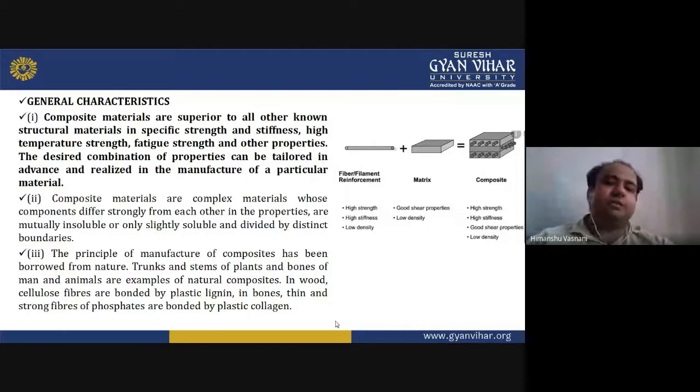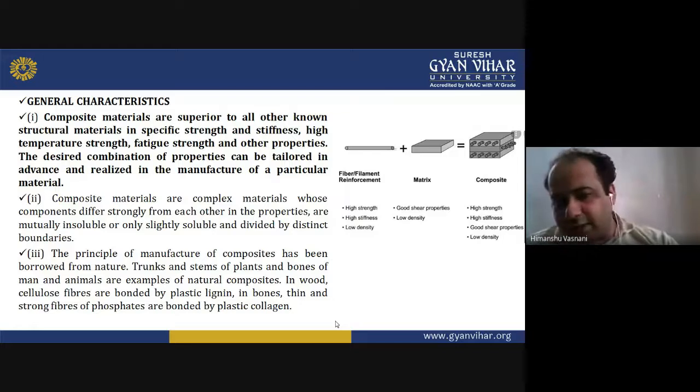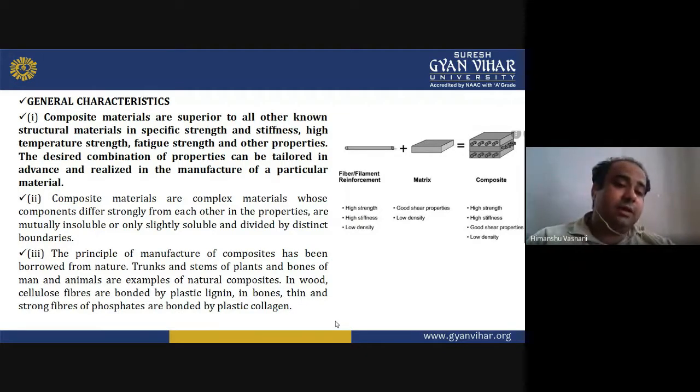In wood, cellulose fibers are bonded by plastic lignin. In bones, thin and strong fibers of phosphates are bonded by plastic collagen. Okay, so this is how the manufacture of composites is being done. Then the most important thing that we need to know is that composite materials